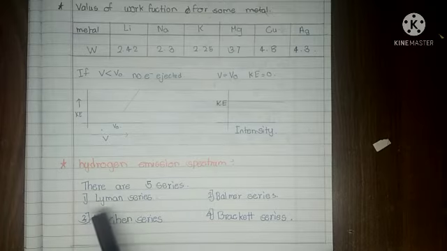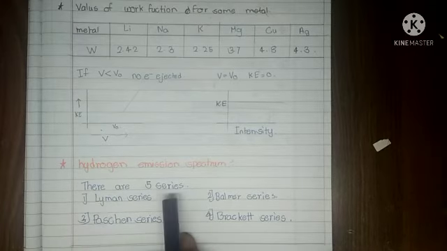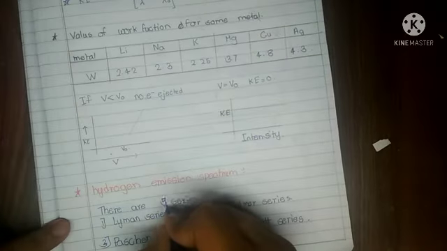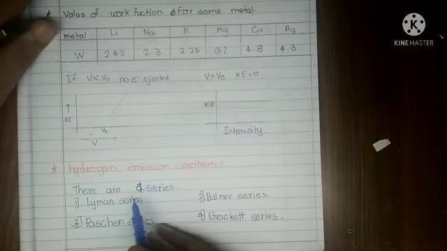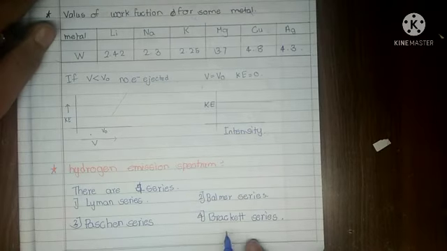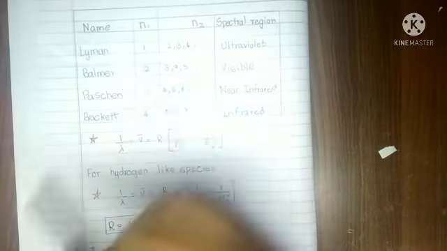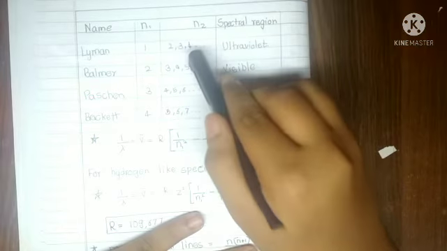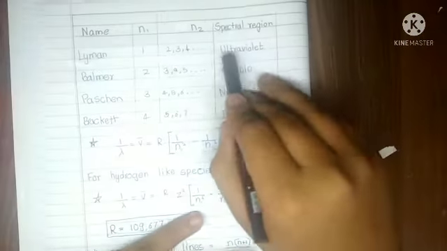Hydrogen emission spectrum. There are 4 series: Lyman series, Balmer series, Paschen series, Brackett series. Name of series: Lyman series. Here n1 is equal to 1, n2 is equal to 2, 3, 4 ...